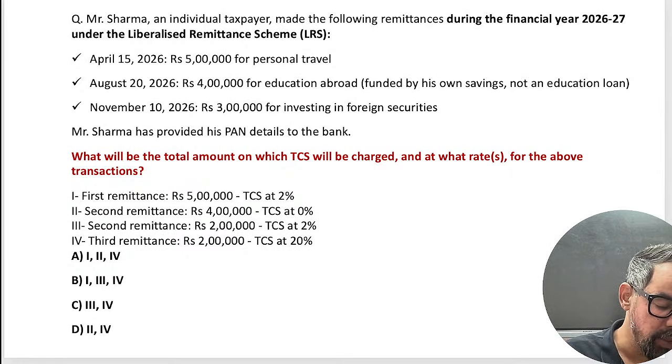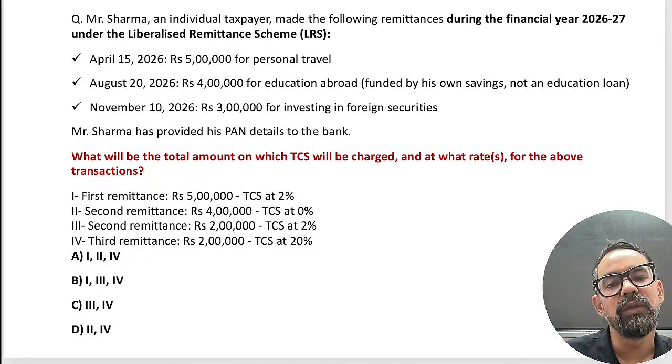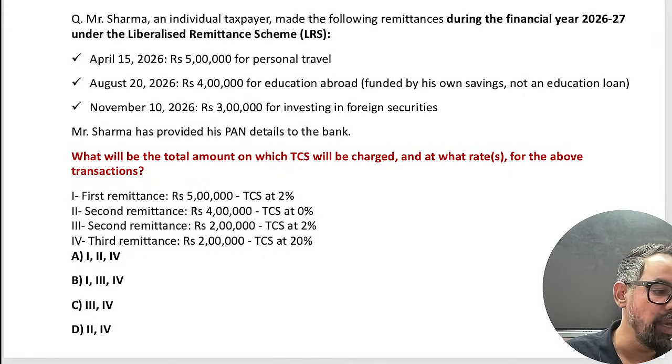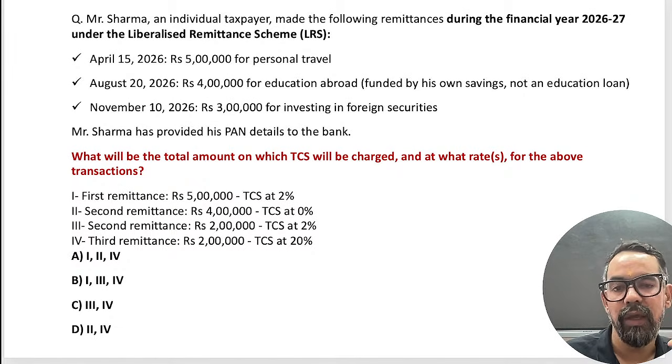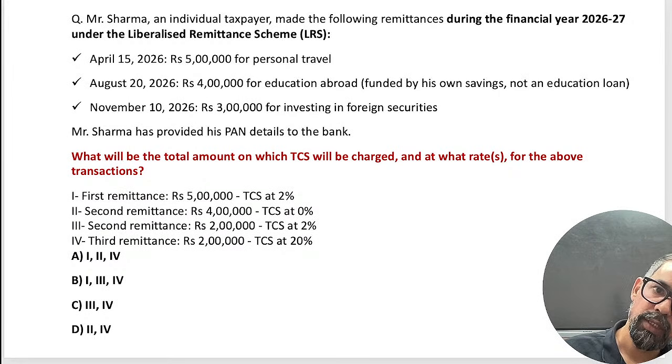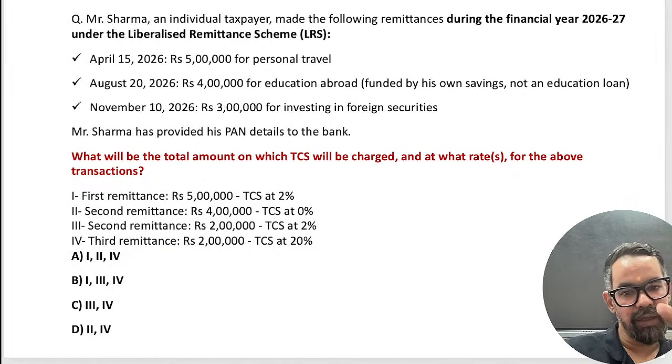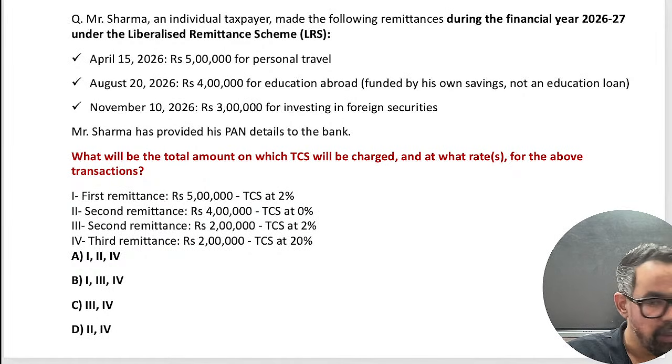In my experience, they won't go with a hard question, they'll just ask you the changes in rate, like how much has been set for education, what is the threshold, or they can ask you questions around the rate list which we have seen, that is the one. Tell me friends, what will be the answer to this question?